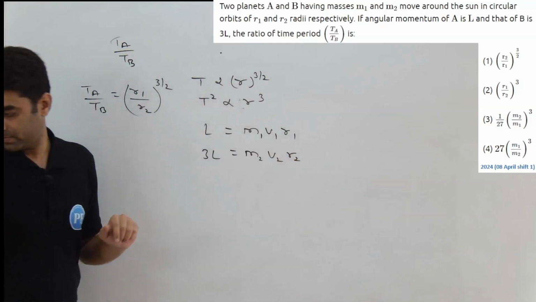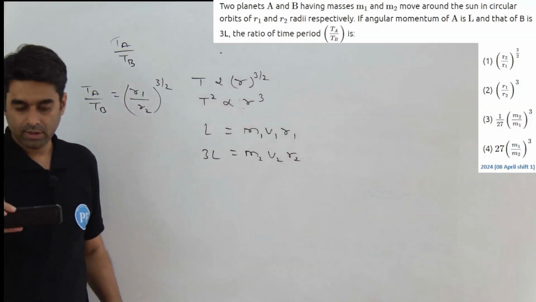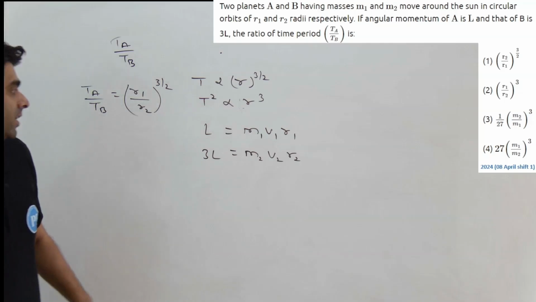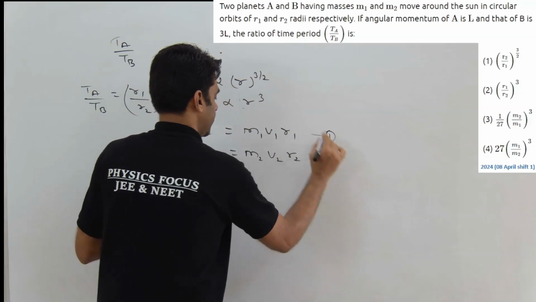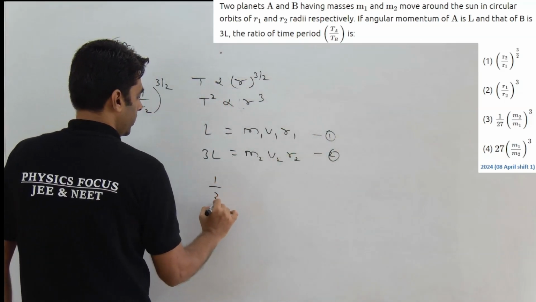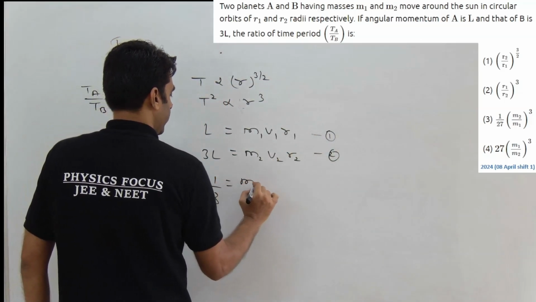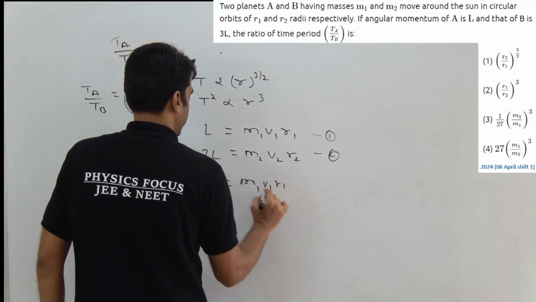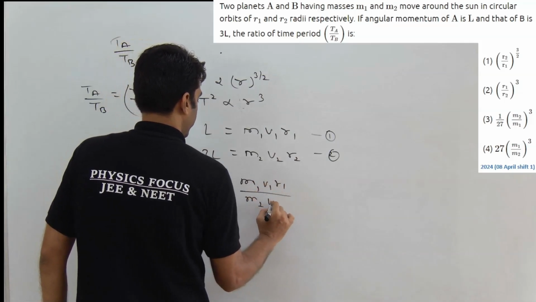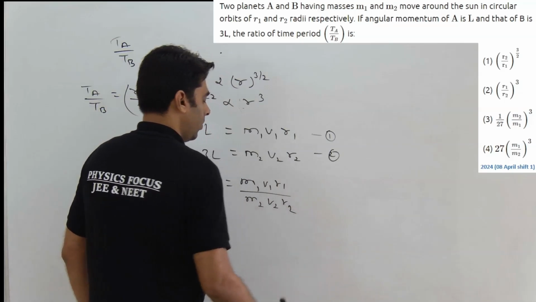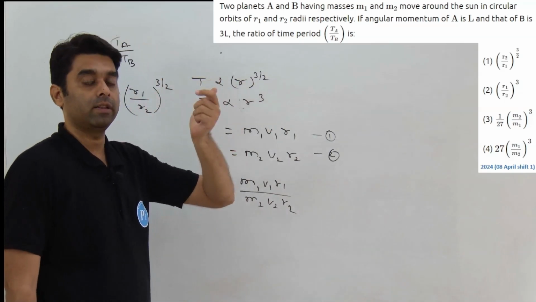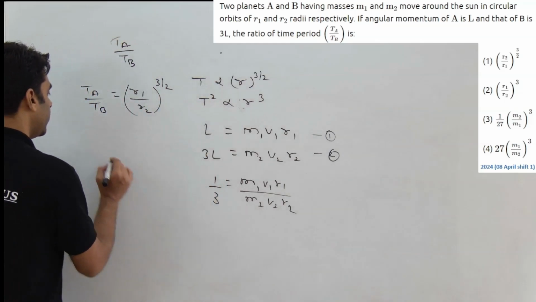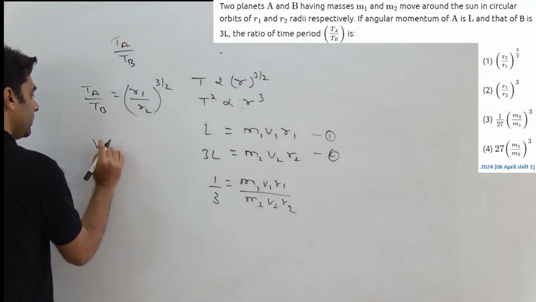3L is given, which can be written as m2 v2 r2, right? First, second. Let's take the ratio over here. If we take the ratio, 1 by 3 is equal to m1 v1 r1 by m2 v2 r2. Now, what do we know about v1 and v2? v1 and v2 are basically your orbital speeds. And for orbital speeds, I know v is equal to